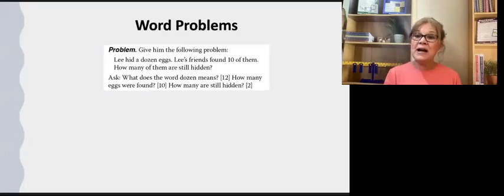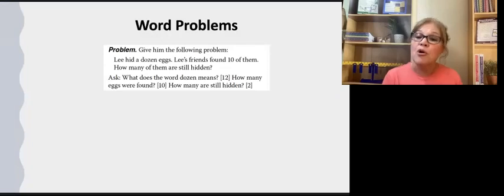Now, throughout the program, Dr. Cotter includes word problems or situational problems. Word problems are difficult for many kids. They can be especially difficult for children with learning differences. However, we solve word problems in our everyday life. They're going to look different and be presented to us differently, but we still have to solve problems daily. So it is important that your child learns how to evaluate and solve problems.